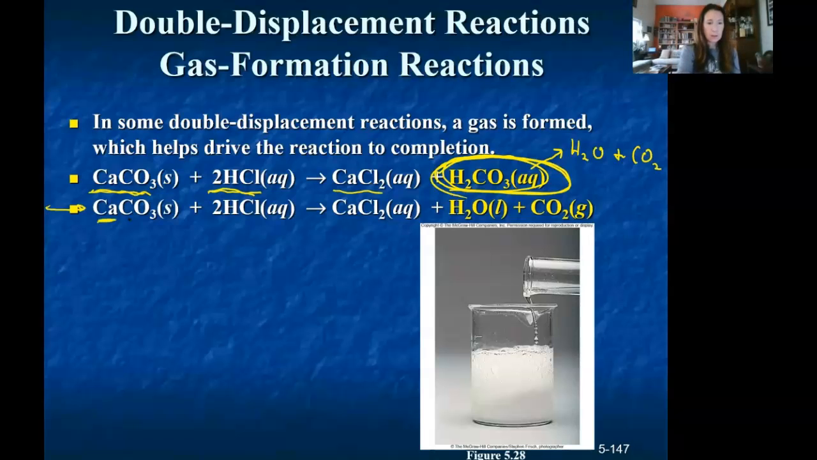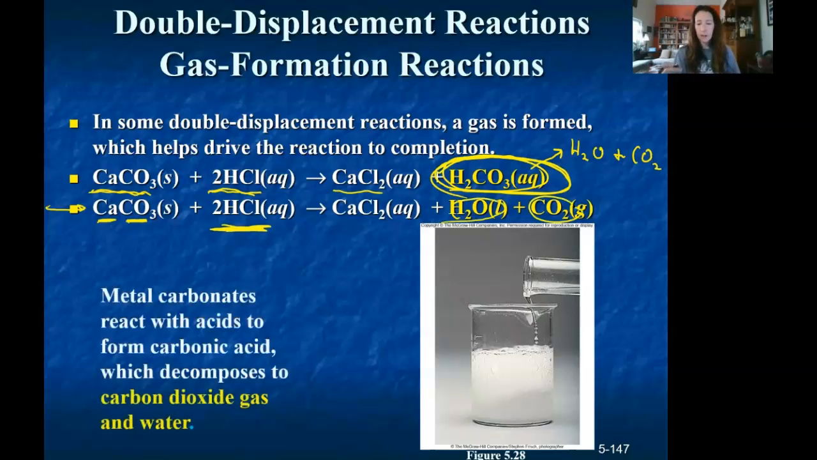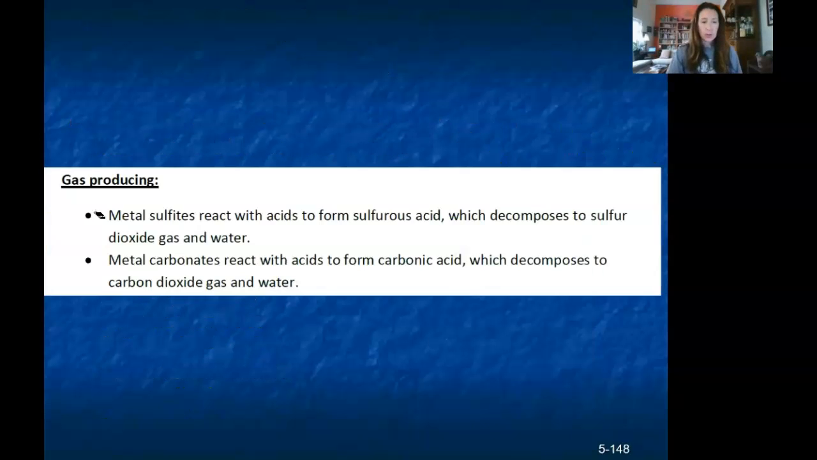So metal carbonate reacts with acid, which decomposes into CO2 and water. And there it is right there. So that's the rule. And again, this is on your reaction sheet. And here are the two. So just like carbonic acid is H2CO3,